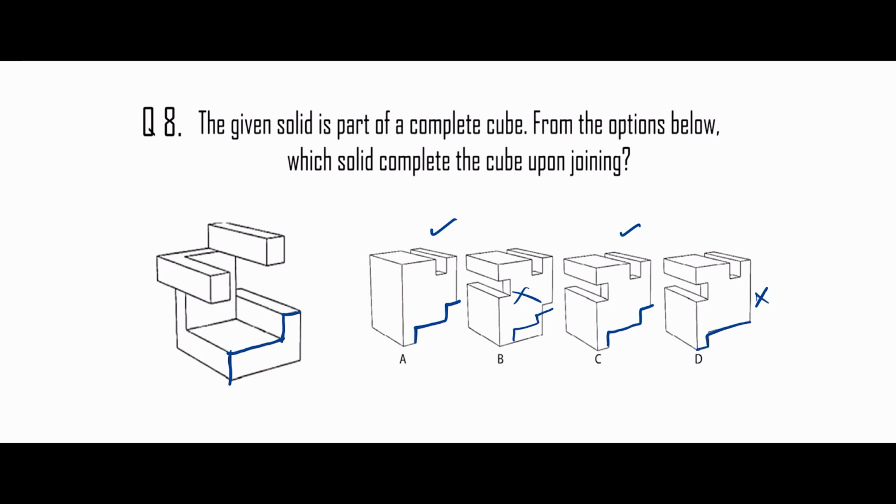Now to compare option A and C, we are looking for the square shapes on the 3D figure. Let's see the square shapes on this 3D figure. In option A, we can see a square shape which is at the top, and the side square is missing. We can eliminate option A. And if you look at the option C, there are 2 square shapes. So answer C is the right answer.